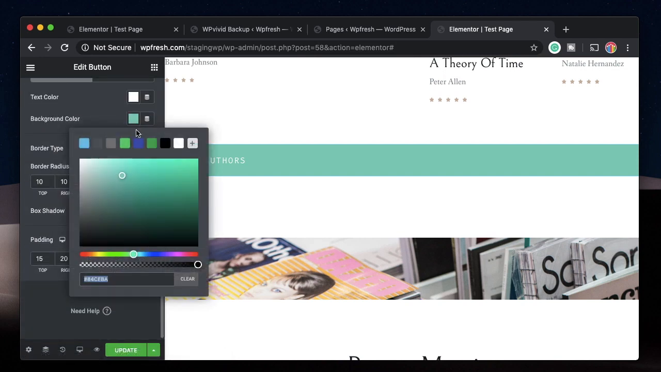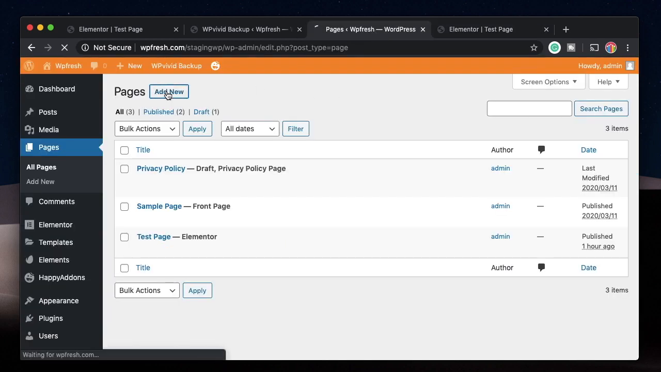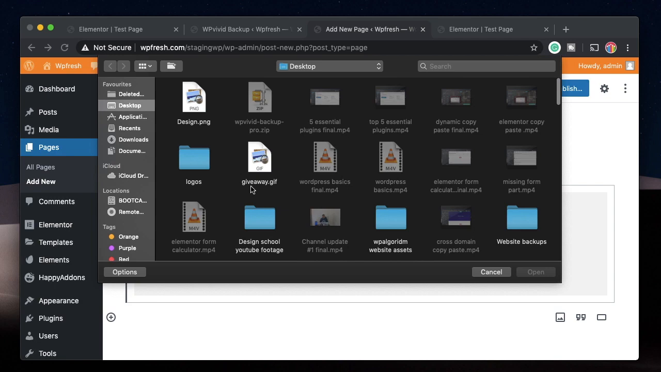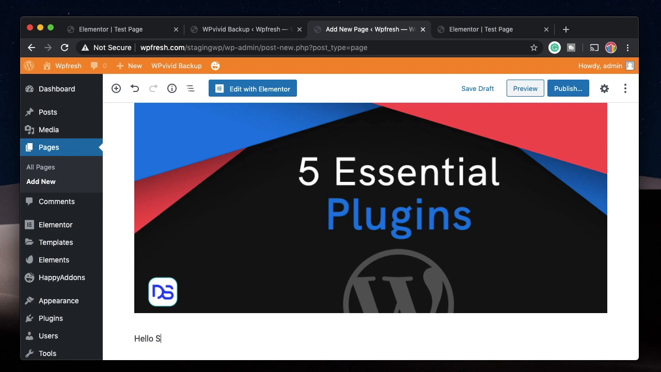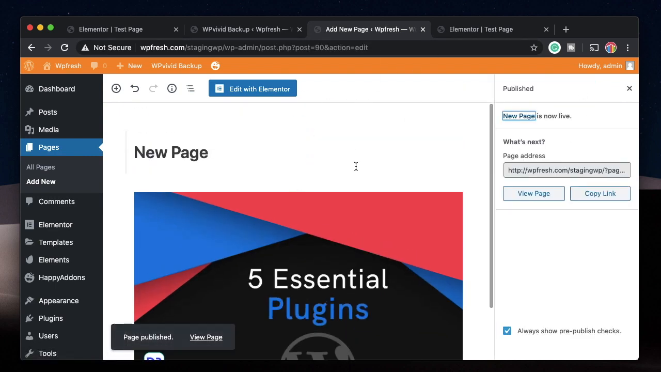I'll change the background color to blue as well. I'll update this. I'll create a new page on my staging site. I'll just do this with Gutenberg because you can do anything. I'll just pick this image. I'll hit OK. I'll say hello staging. I'll publish this page. Okay, now that we have made all the changes that we want in our staging site,